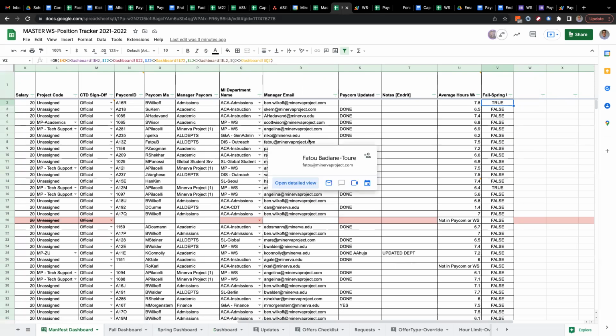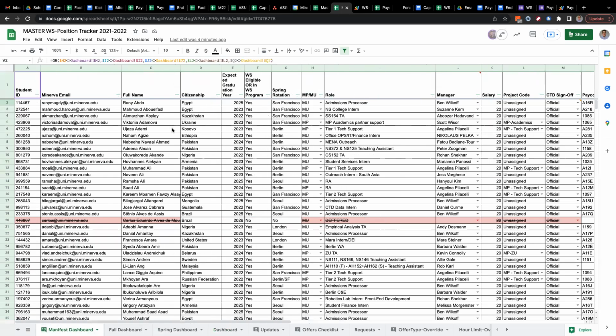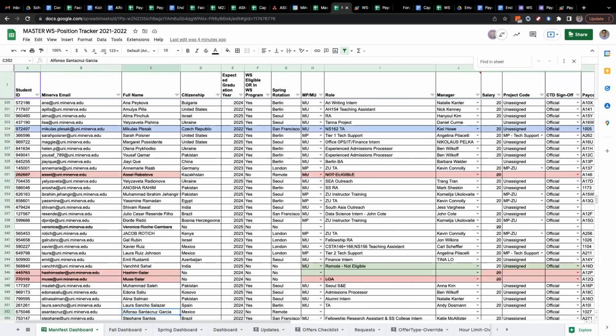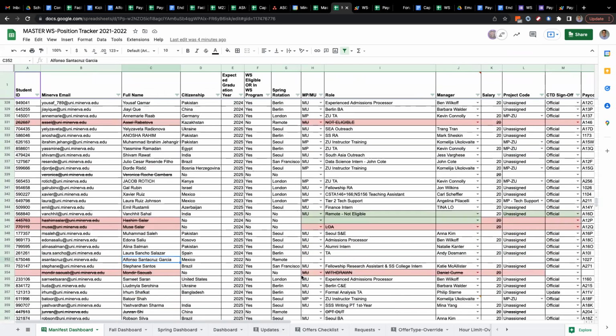So yeah, speaking about this, whenever a student's position changes, we don't send offer letters, do we? No, we don't. That's a great question. When a position changes, we don't send offer letters. We just send an email saying, okay, this is your new position. Yeah, great question. And this was decided by Nico, to be completely fair. So let's go to Alfonso. Oh, I don't have a position. Yikes. Anyways,